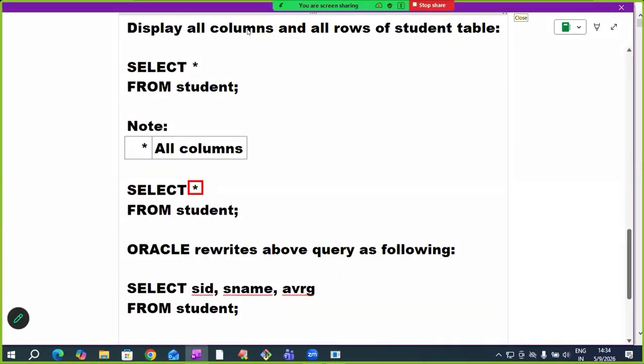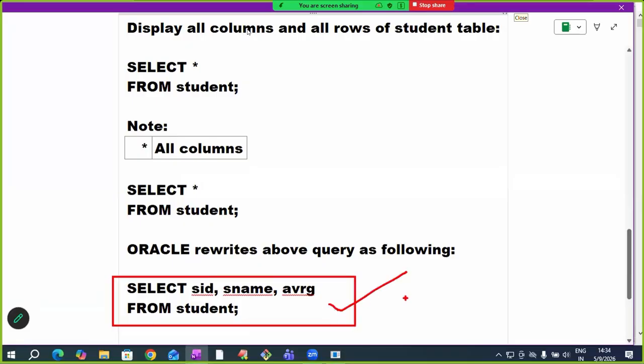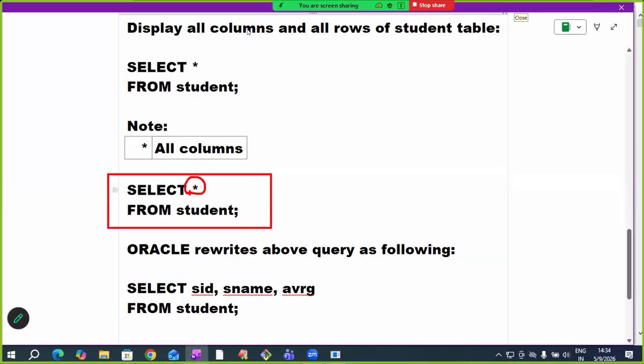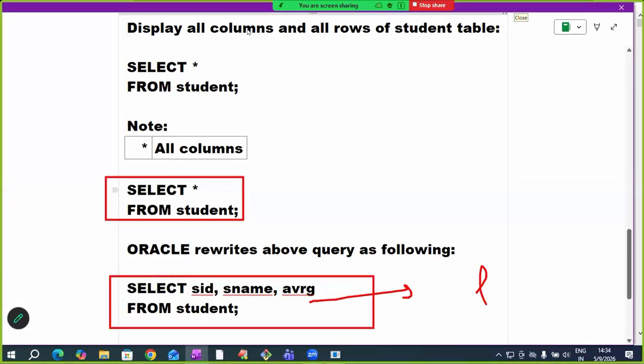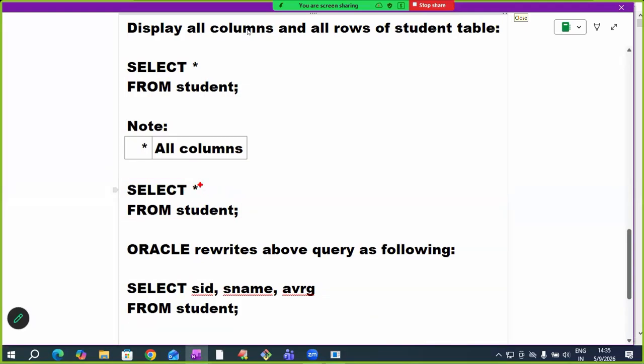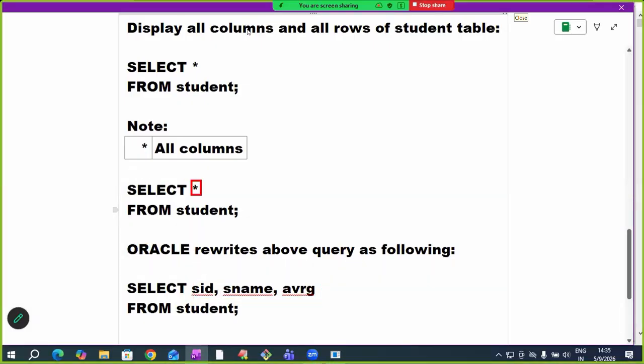So the Oracle company suggests that only if required, write star. Otherwise, don't use it, because star will be converted like this, and for this it takes some time. If I submit the query with column names, it will be executed directly. If I submit it with star, the query will be converted first, then executed. So in these two queries, which one works faster? This one works faster. That is why try to avoid using star. If necessary, then only use it. Otherwise, performance will be degraded, because star must be replaced with all column names, and this conversion takes some time. To save that time, always write the columns list. This is a good habit. If many columns are there and it is necessary, then only go for star.